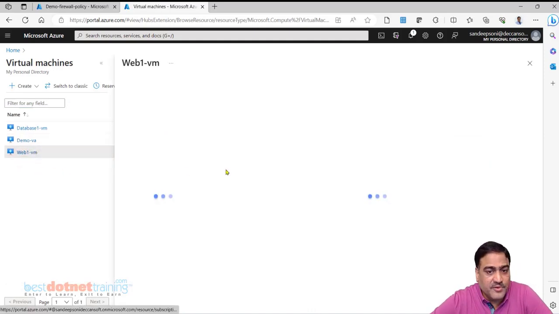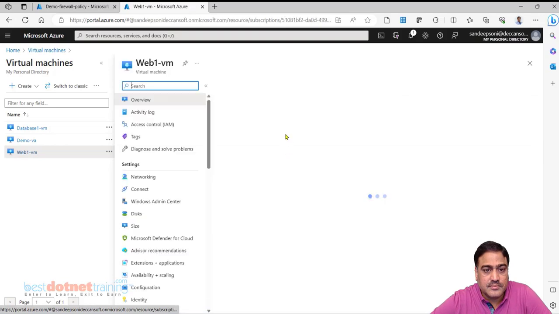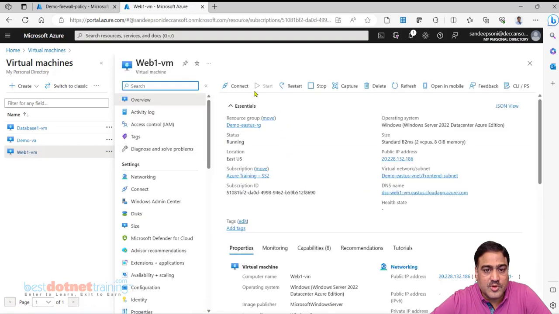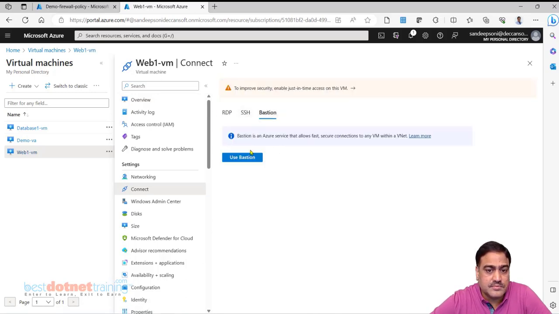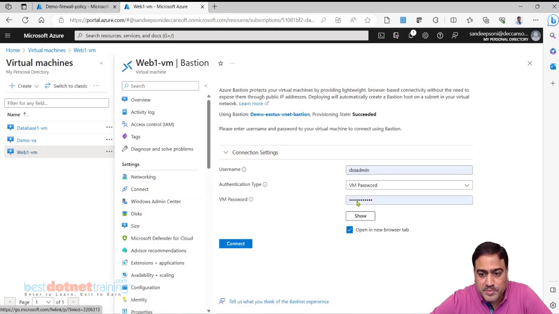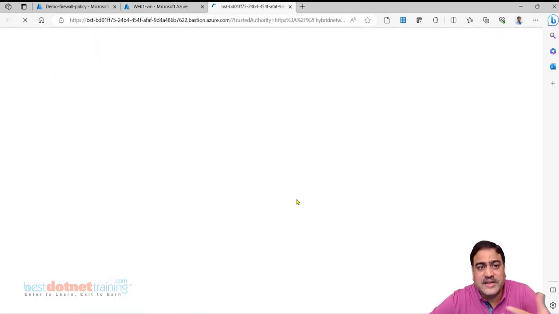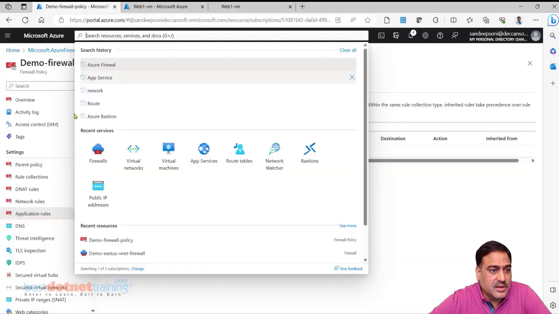I go to the Web1 VM and connect to the Web1 VM using Bastion. Now if Bastion is not there, you might have practiced and deleted. Use RDP. Like this.